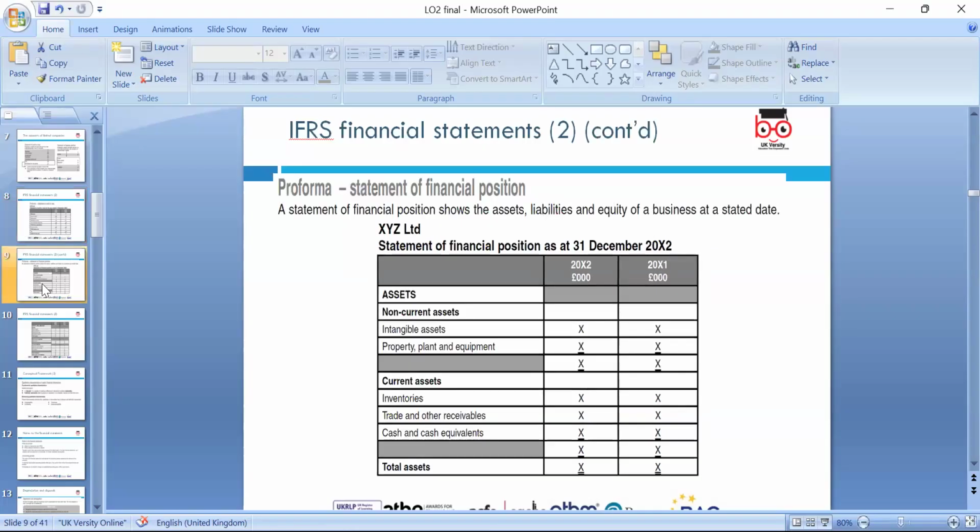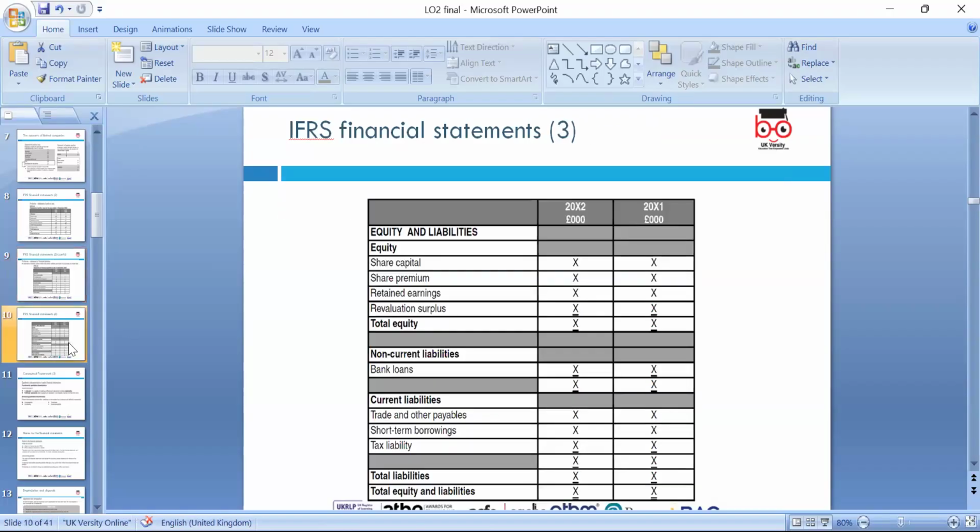So we can look around the assets, non-current assets come first, with the assets which we can use for a number of years, like property, plant, equipment, intangible assets. So according to IAS 1 and the International Financial Framework, we follow this layout. So current assets come, then we minus current liabilities from the current assets, and we can